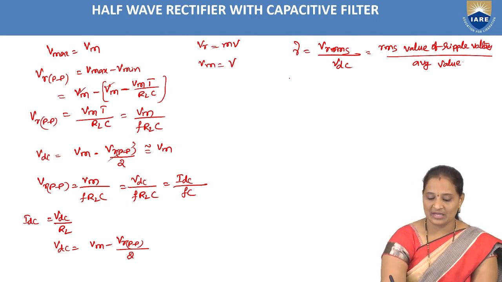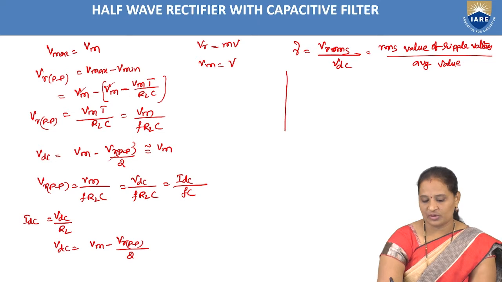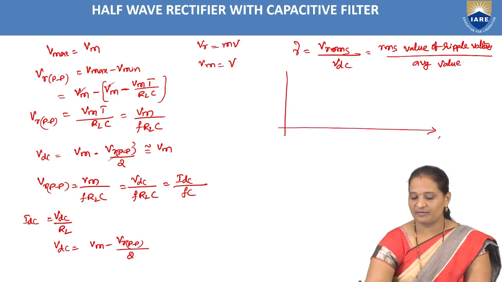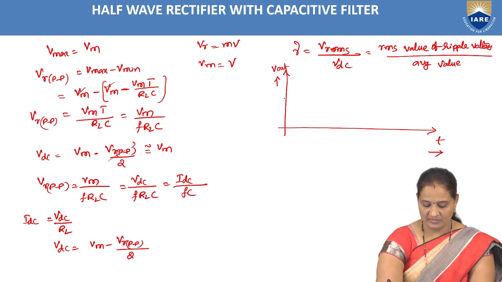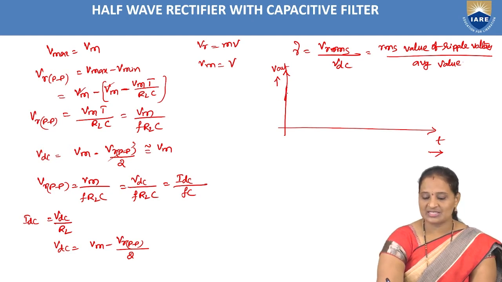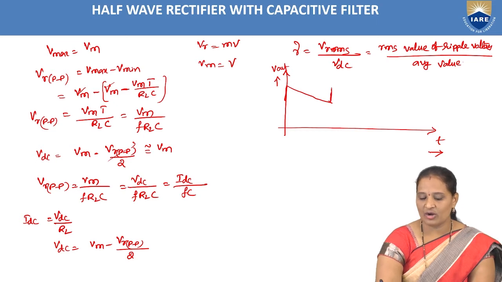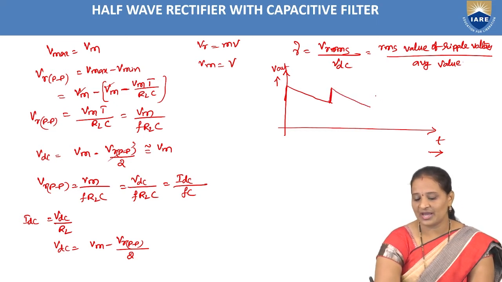So for that I am considering the waveform of ripple voltage. So here this is my waveform, and on the x-axis we are taking time period and on the y-axis we are taking the output voltage. So here the waveform, if you observe, is just looking like a sawtooth waveform, because I already told you that the charging time constant is very less when compared to the